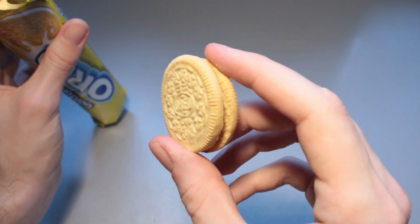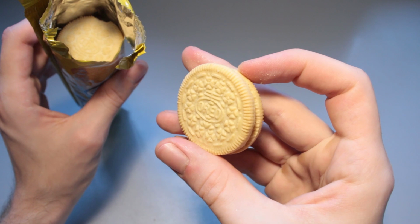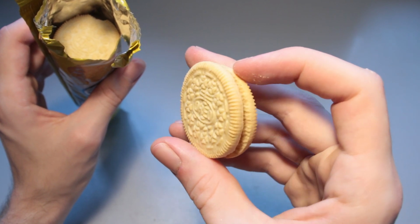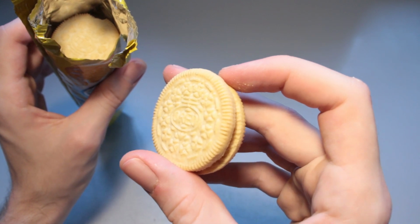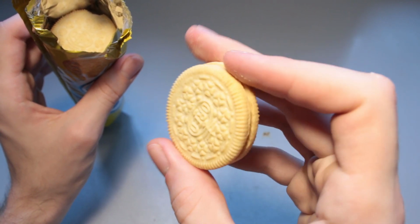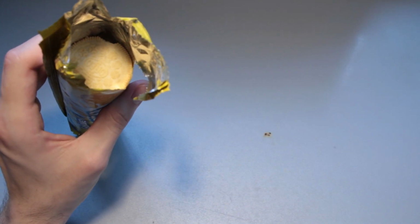Looks alright, color-wise. When it comes to the color of the cookie itself, very much the color of that shortbread. I think it's called shortbread cookies, those Scottish ones. Yeah, looks very much like that when it comes to the color. Scent-wise, it